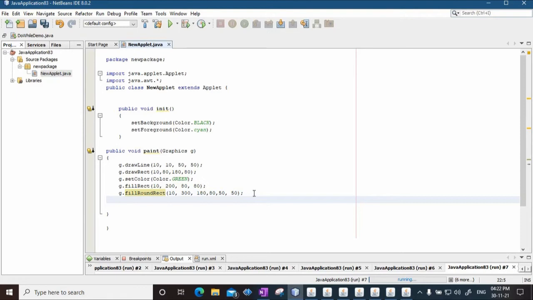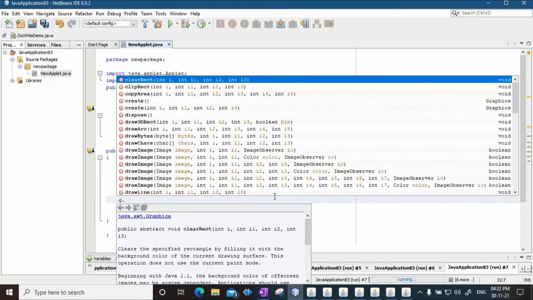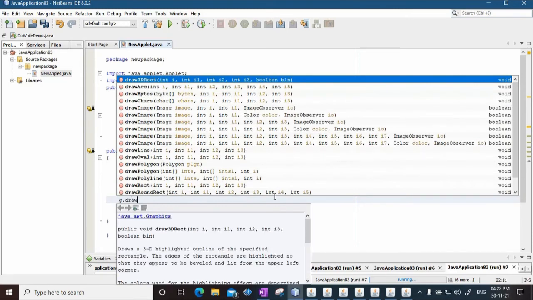Then we had also seen how to draw circles. Okay, so there is a draw oval method. I'll just put this in comments. Let's draw a circle. So I'll say draw oval.